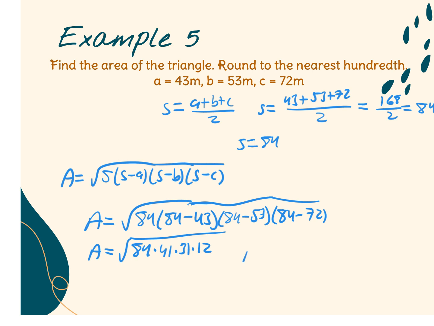If you want to keep going, your area is 1,281,168. Just multiply all the numbers together. And once you take your square root, you should get 1,131.89